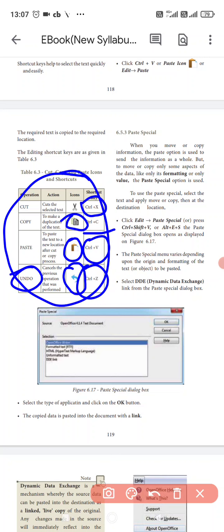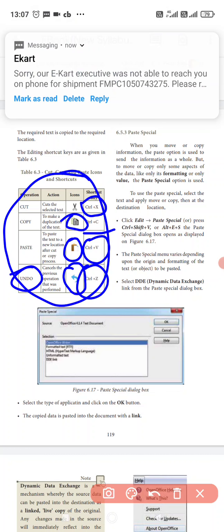Okay, good. So next I will teach you paste special.